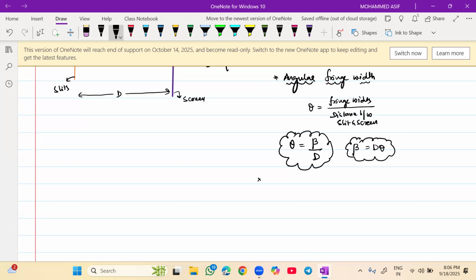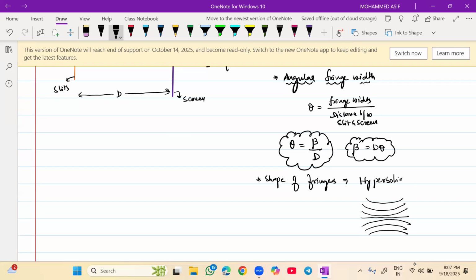Now, if someone asks you what is the shape of the fringes, the shape of the fringes is always hyperbolic. यानी ऐसा कुछ होगा। ये सेंट्रल मैक्सिमा होगा ना, तो शेप्स जो बनेंगे ना इस पे ऐसा कुछ बनेंगे, ऐसा ऊपर और उसी तरह से नीचे ऐसा। सो ये होगा शेप्स।